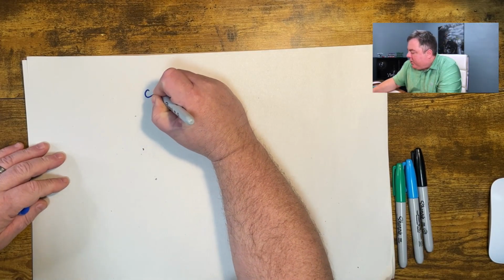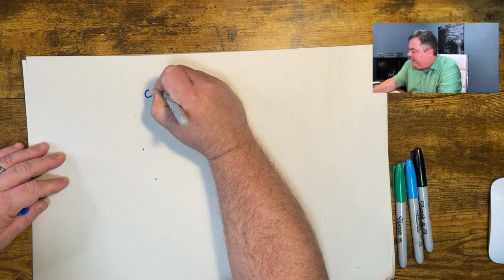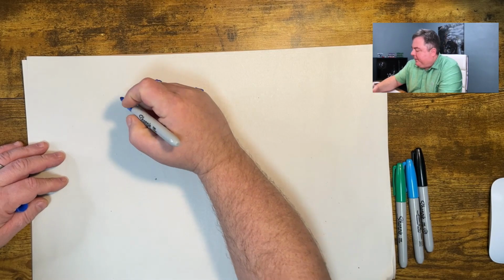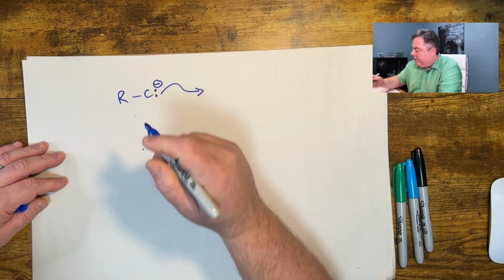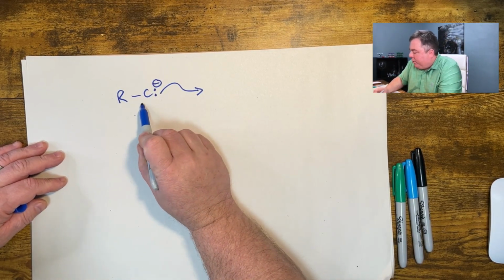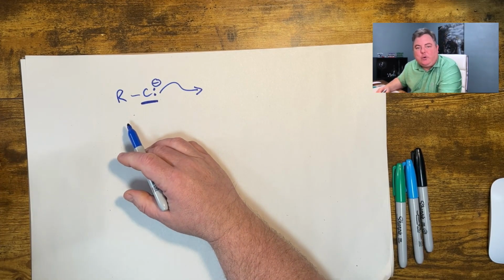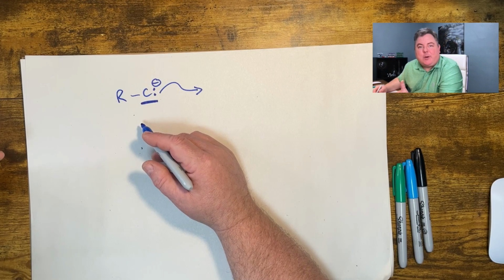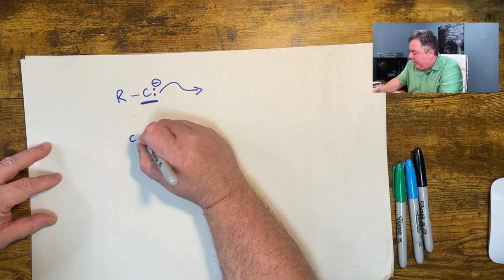Let's jump right in. We're looking at carbon atoms that have a negative charge that will go attack something. And we don't really care right now what's on that carbon, but we want a negative attacking nucleophilic carbon atom. And there are a couple of ways of getting a carbon atom like this. One way of doing that